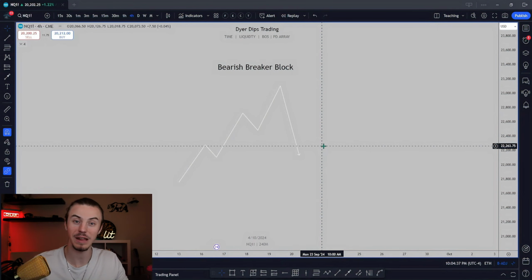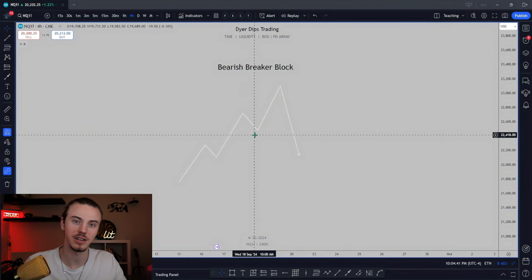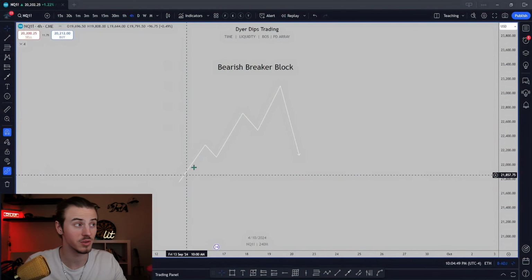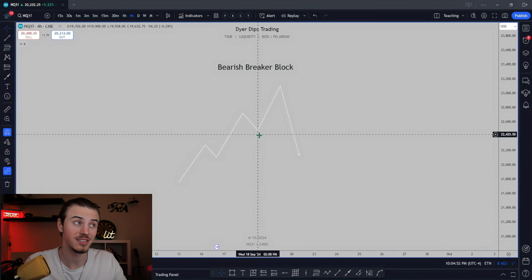Okay, so now that we've gone over that bullish breaker block a little bit more in depth, let's take a quick look at what these bearish breaker blocks are going to look like because sometimes it's hard to actually flip those things in your head if you don't know what you're looking for. So the first thing we're going to need, just like in the bullish case, is a trend. In this case, it's going to be a trend higher,